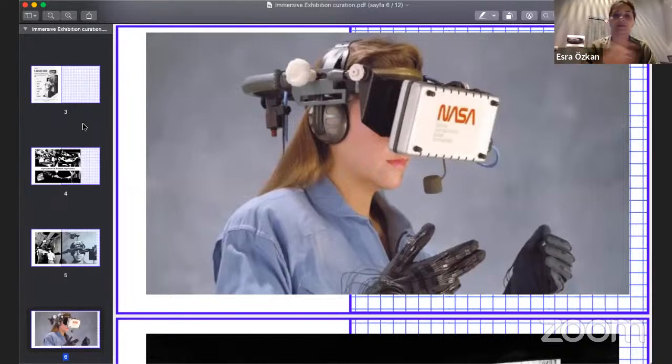Immersive technologies, on the other hand, give us a 360-degree experience like VR and play with perceptions. Today, immersive technologies and exhibitions are combined with physical spaces and architecture. So immersive spaces address the viewer's physical space experience, and the venue experience starts before the audience enters the exhibition.